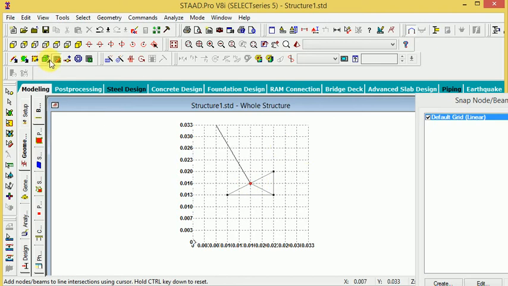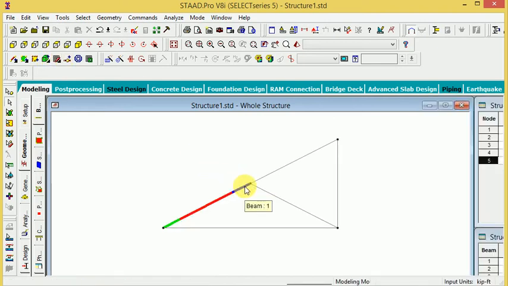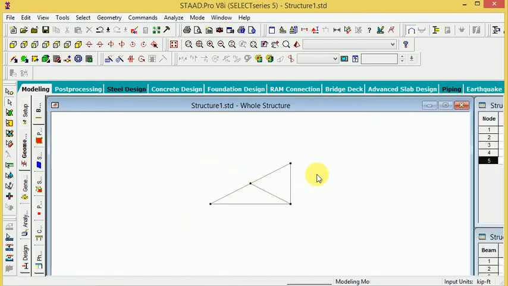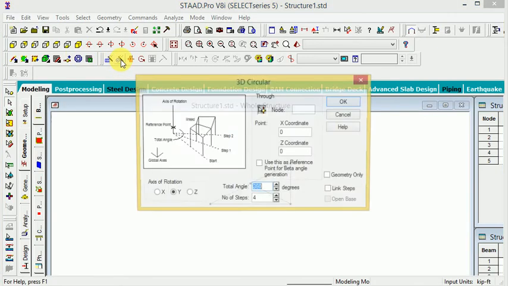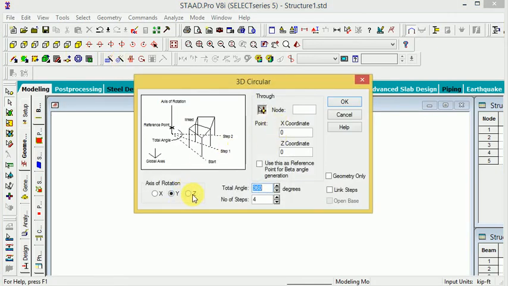Okay, exit. So again we will go to pattern here. Now again join this point. So how to do circular: when you select the node, this is called pattern, and go to circular pattern here and apply the Z direction.